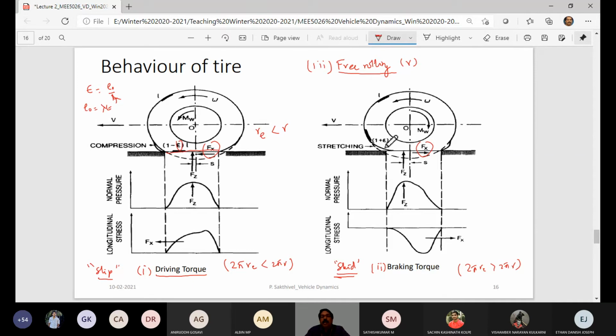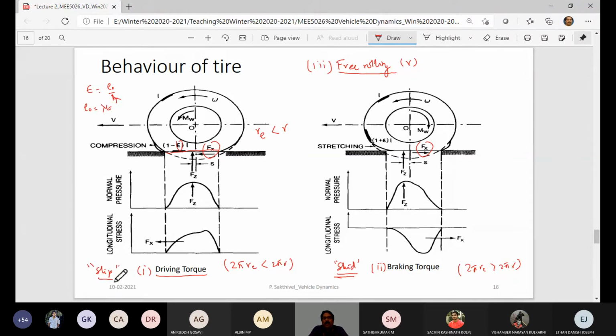This is all the deformation, because of which the tire behaves this way. These changes make the difference in your equivalent translation between the two scenarios: while driving torque is applied, and when it is not applied, free rolling. That is going to define what is called slip and skid. We will see that definition again in detail in the next period, and I'm going to have a few more slides and end this period.